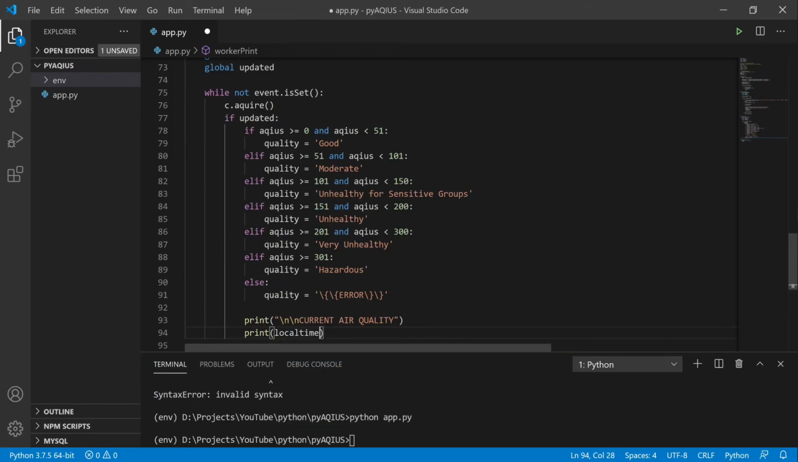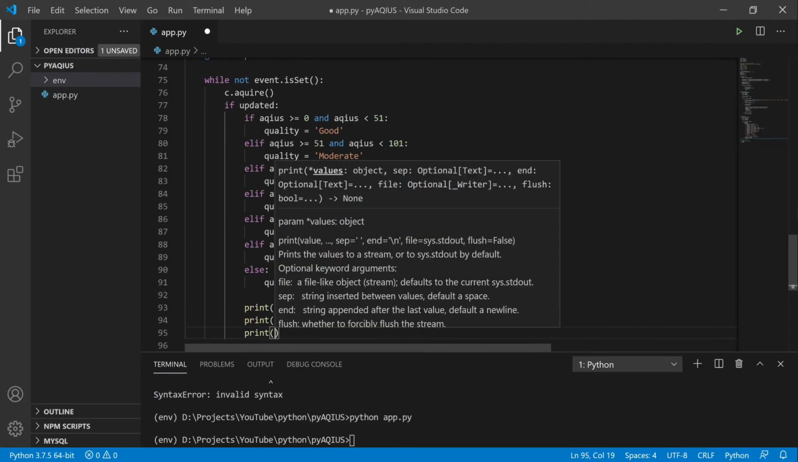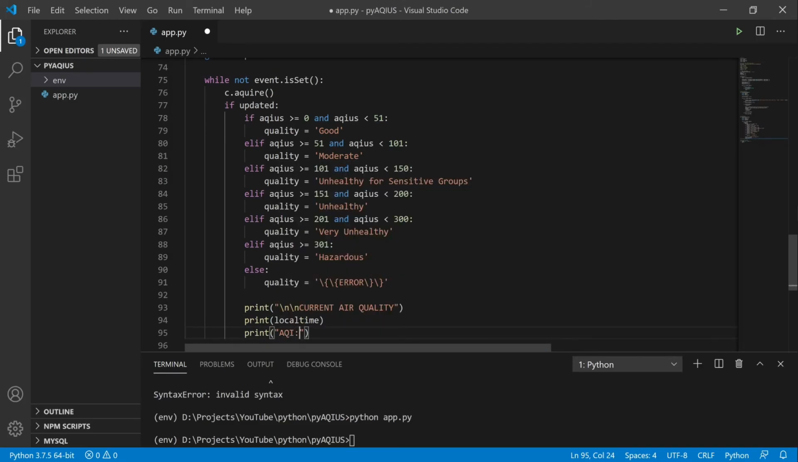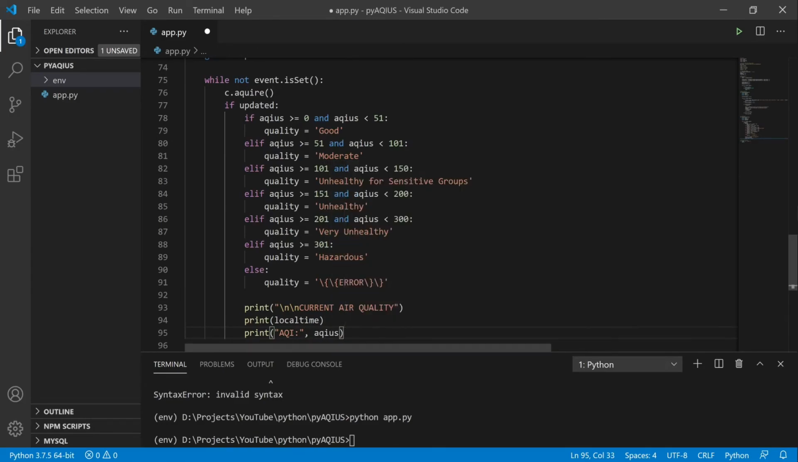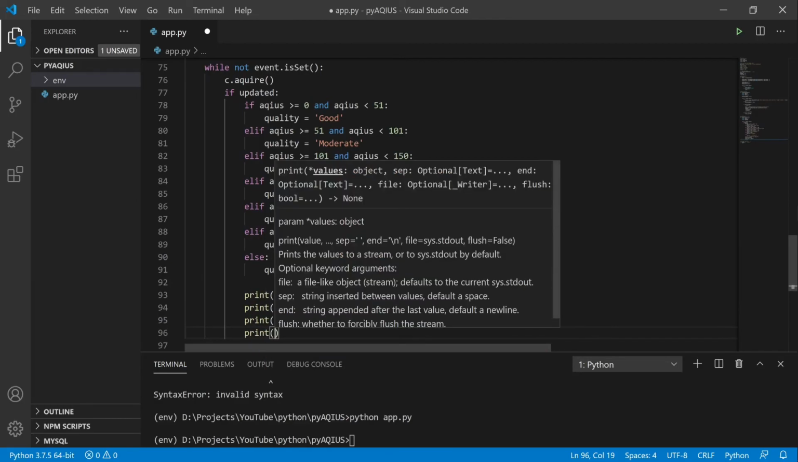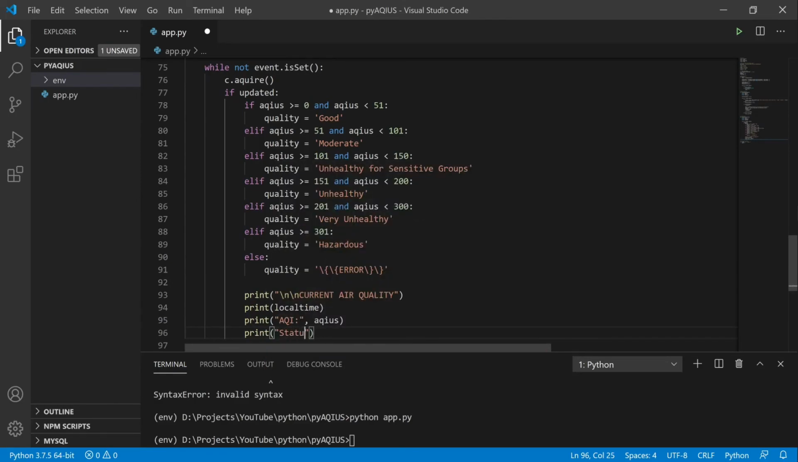We're going to do local time. Print y. And then you can do this in a bit more of a Pythonic way, but I think this is readable. Status. Space right there as well. And we're just going to go ahead and add in quality. Actually, I don't need a space here. This is a good way to,